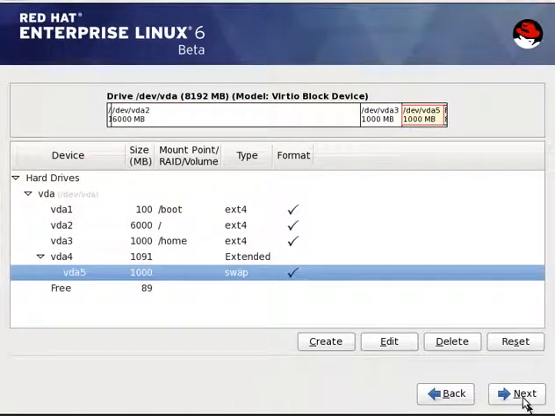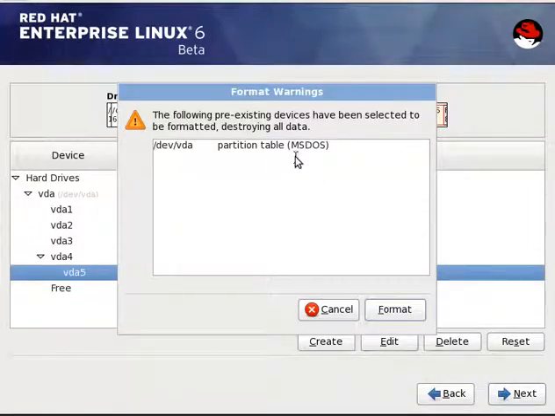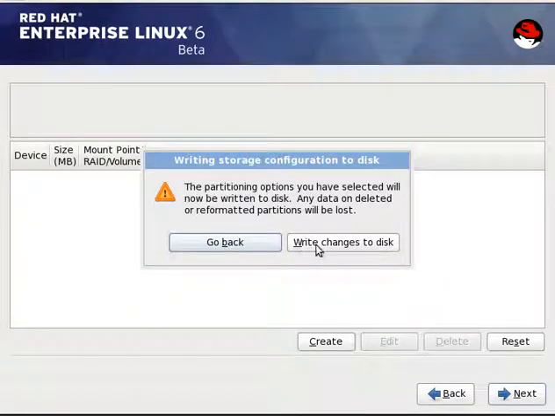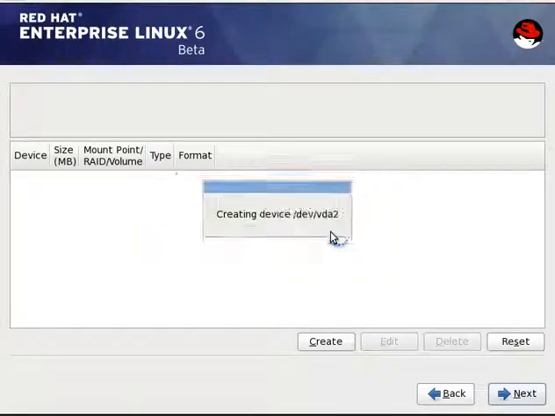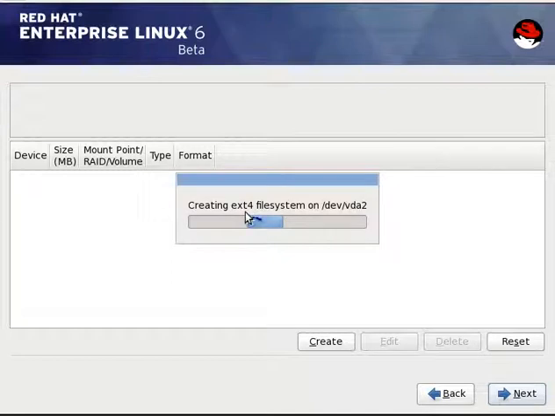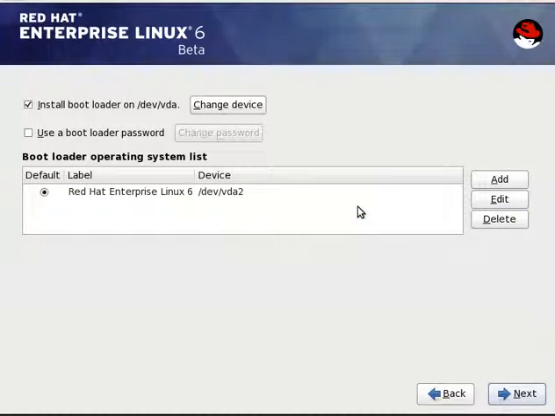Okay, we are set with the partition table changes. We'll go with the next option. It says it's going to format. Do you want to keep the changes? We totally ignore this one because we are doing a fresh installation. Say format it, and it says again I'm going to write these changes. I don't know why so many times. If we say yes, it should go in one go. Okay, no problem, we'll say write the changes to the disk. Now it will start formatting. If you see, it's showing formatting ext4 for /dev/vda2, 3, 5, all those.